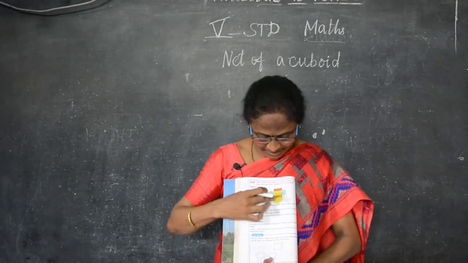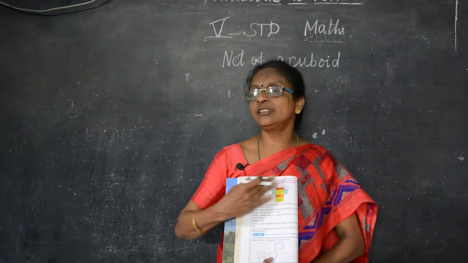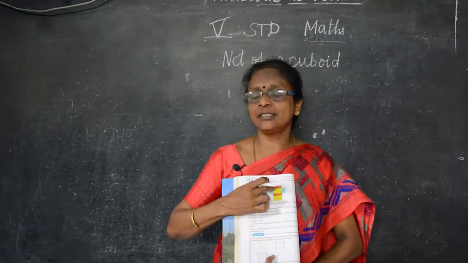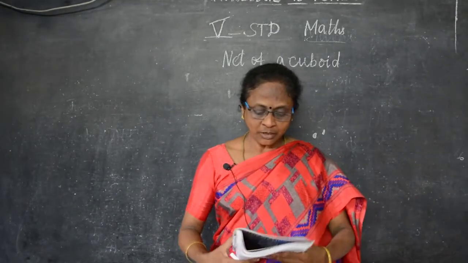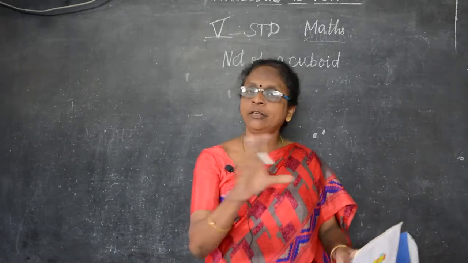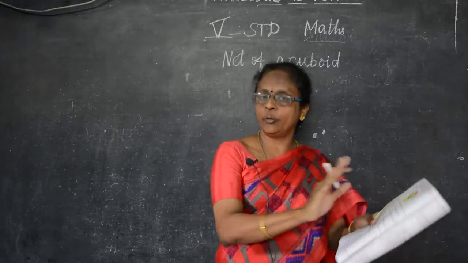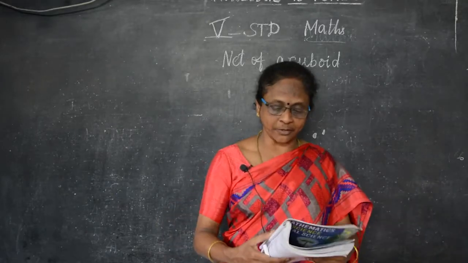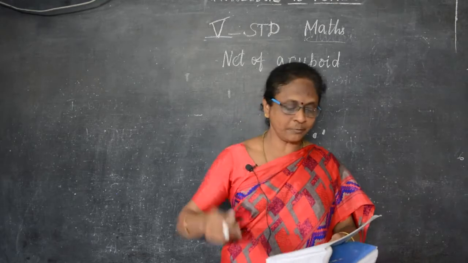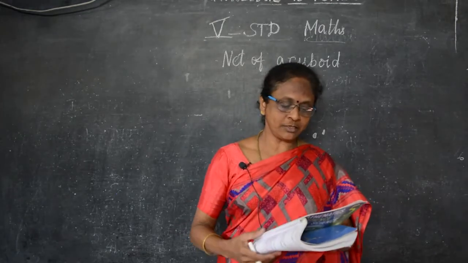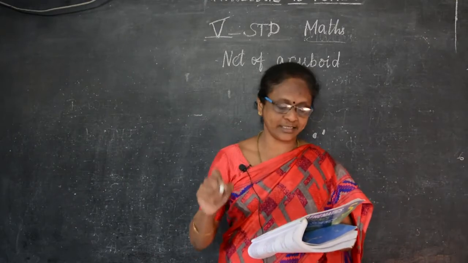So how many sides actually? 1, 2, 3, 4, 5, 6. So this is the net of a cuboid because this is in the shape of a rectangle. Okay children? Now if you open a matchbox and lay it out on a white paper, open it the same way I said, and draw the base and sides, what will you see? How many sides are there in a matchbox? There are 6 sides, I said.